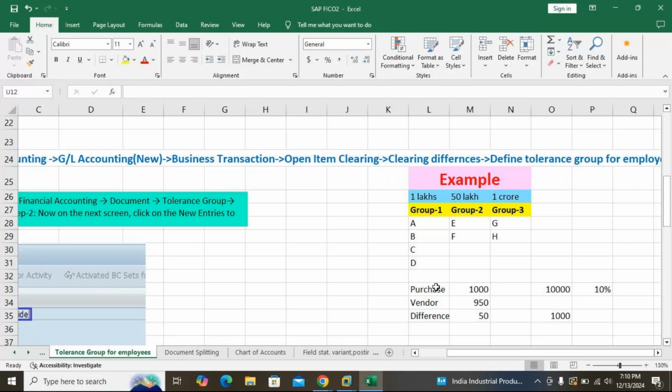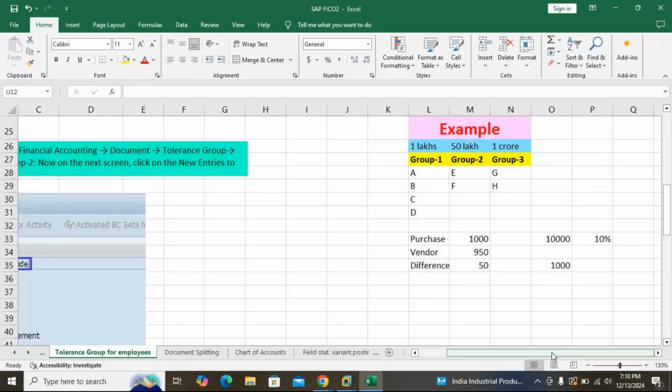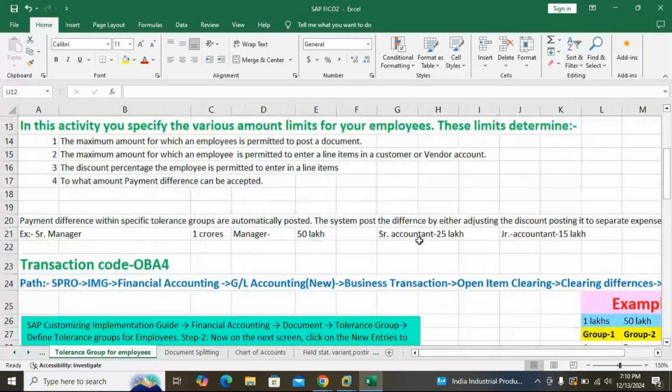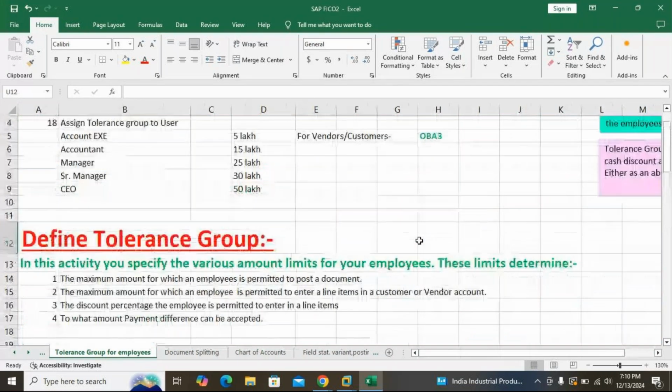Now purchase is 1,000 rupees of goods. Vendor got the amount till 950. So the difference is how much? 50 rupees. Up to that much a person can give the difference. That is based on the company status, how much the limits will be there. So this is called tolerance group.